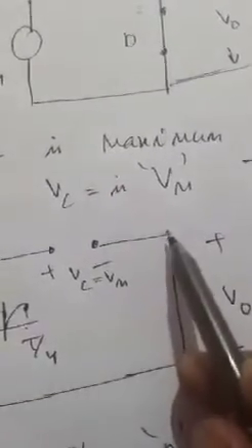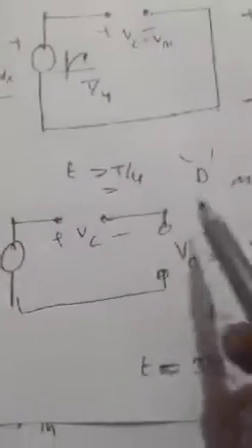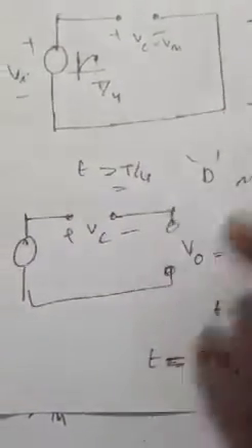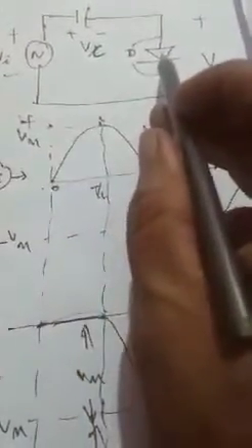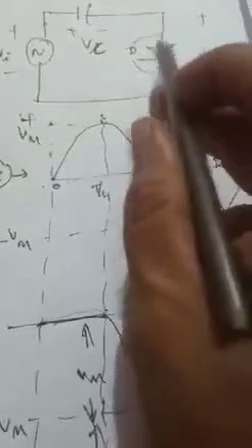Going down means during that time period it is 0, right? Once it is going down, the diode becomes reverse biased. This negative peak is applied to the diode's P side and N side, so it is reverse biased. Hence the circuit will be like this.